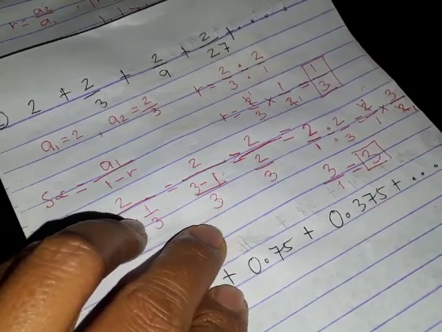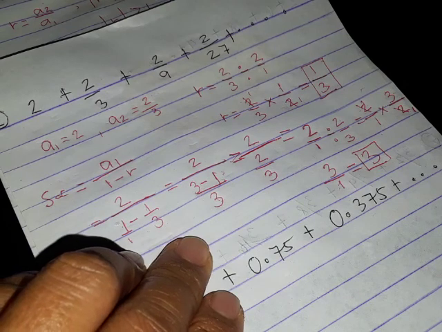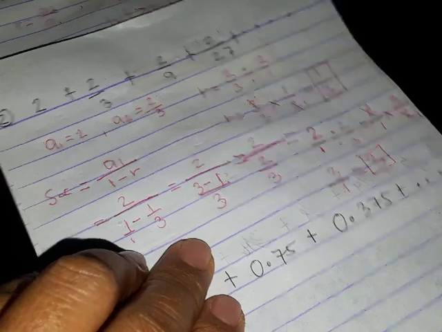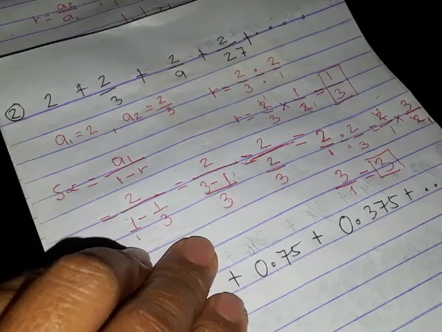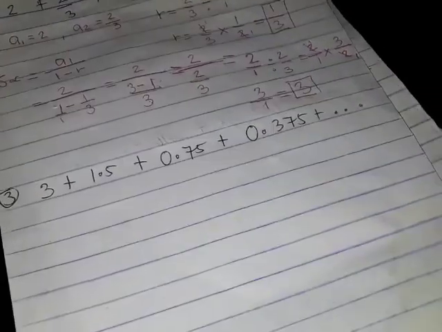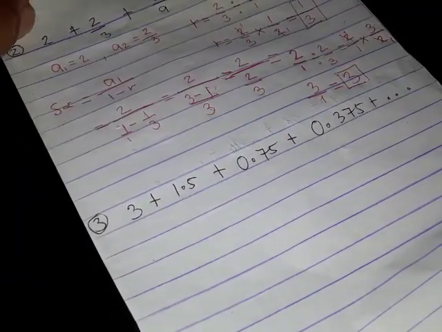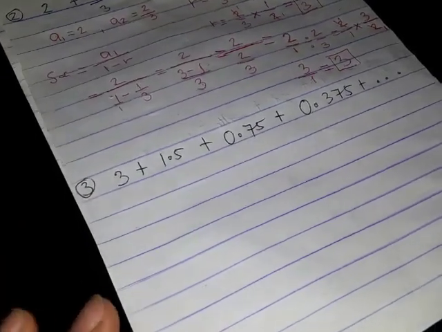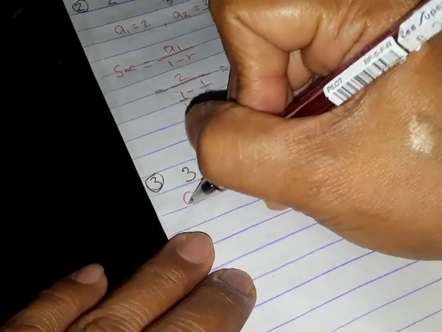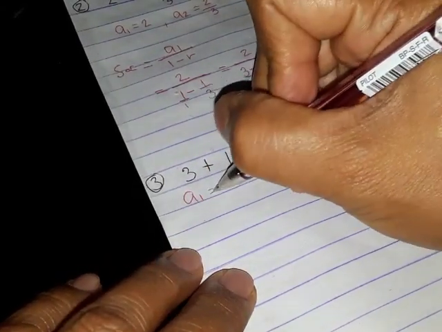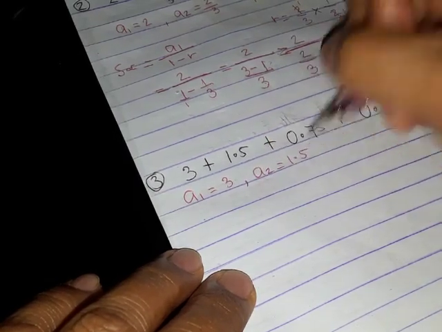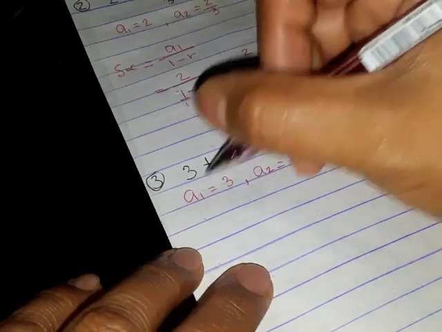Okay, so the sum of our infinite geometric series, problem number 2, is 3. Okay, another example, number 3. Okay? Again, kailangan muna nating isulat ang ating mga given. So, ang ating given, A1 is equal to 3. A2 is equal to 1.5. And ang ating R